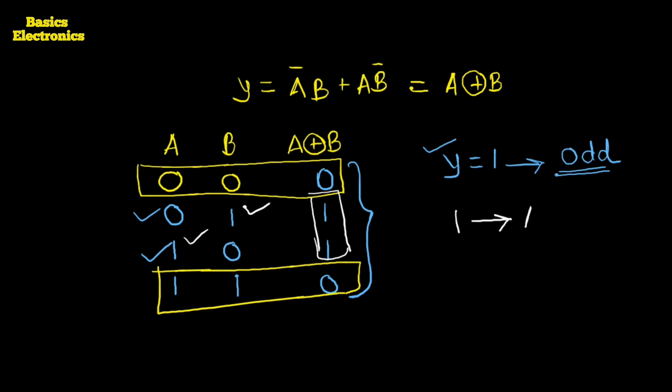It means A is high, or either B is high. Only one input is high and one is the odd number. So that's why we can say the XOR gate produces logically high output Y equals 1 when it has odd number of